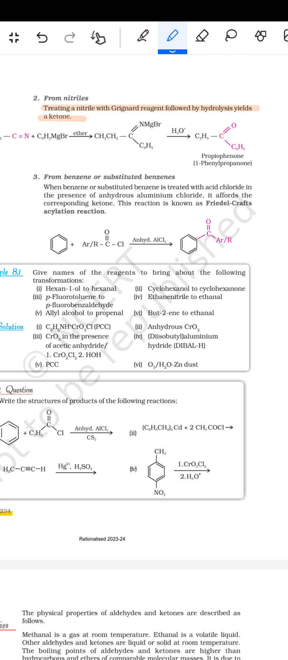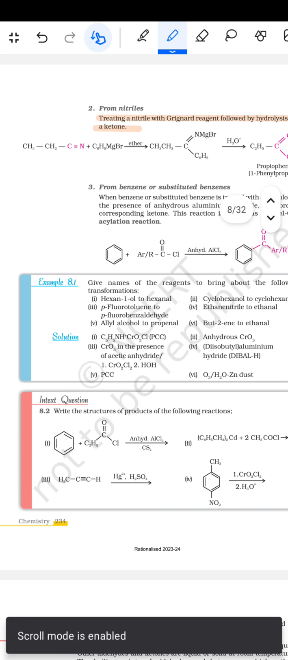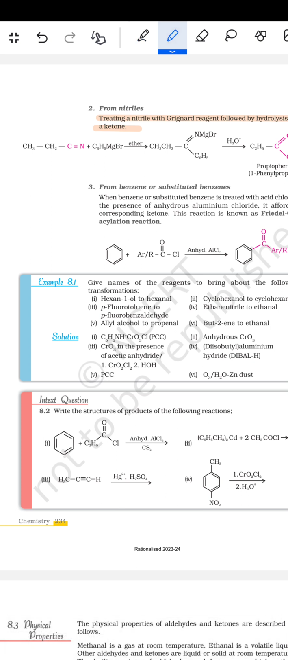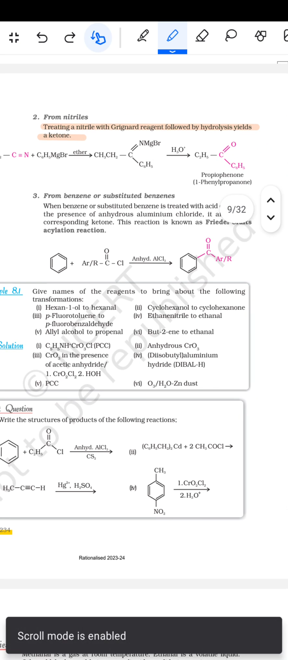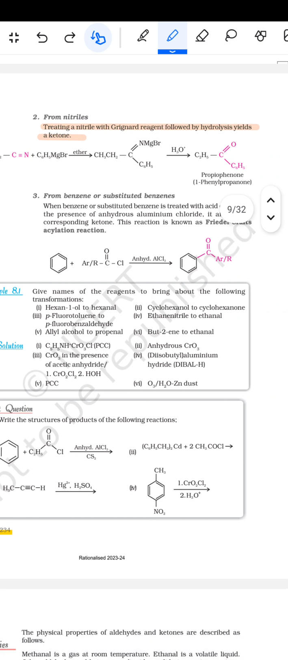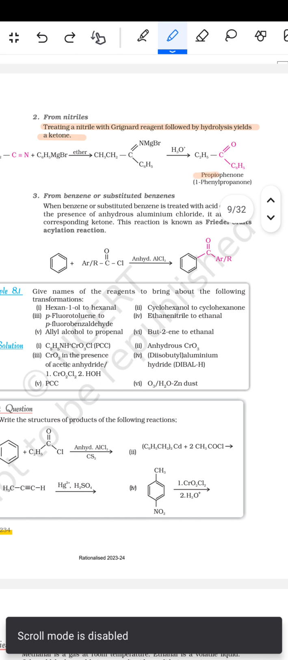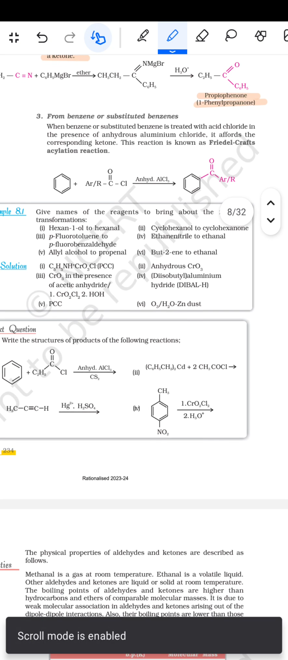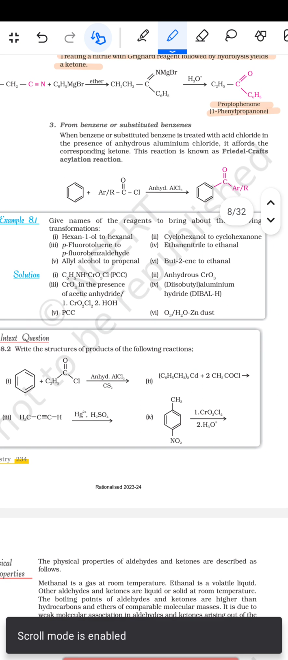फिर उसके बाद आता है फ्रॉम द नाइट्राइल्स। Treating nitrile with the Grignard reagent followed by hydrolysis yields a ketone। जैसे CH3CH2CN में C6H5MgBr ईथर डालें तो ये बन गया। फिर इसमें H3O प्लस डालें तो प्रोपिओफिनोन, 1-फिनाइल प्रोपेनोन बन जाता है।